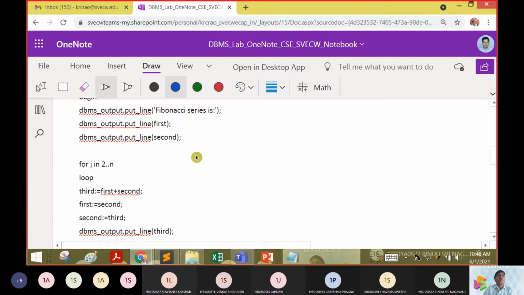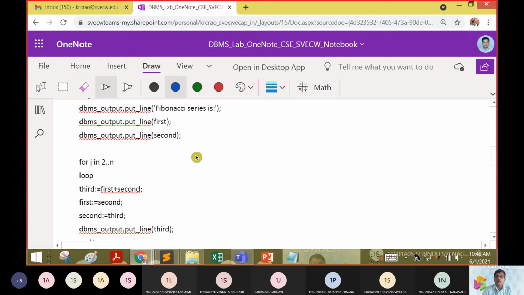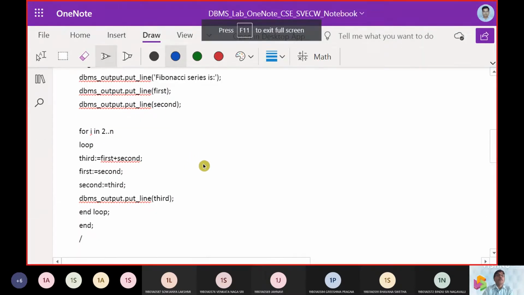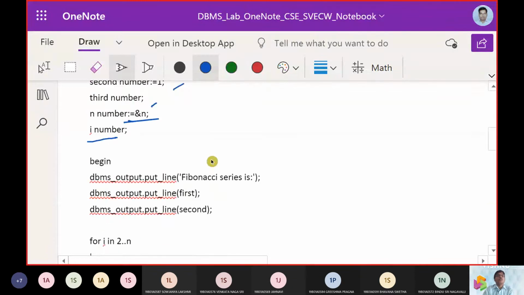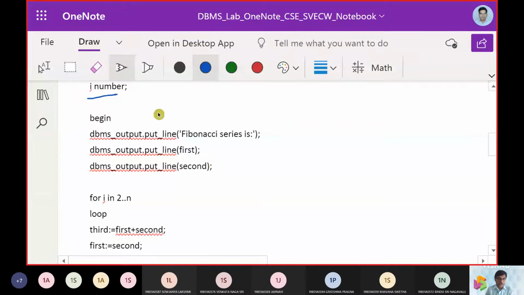Now we are working in the for loop statement. So in this for loop statement, we will work with begin. Then we have DBMS_OUTPUT as the package name, and PUT_LINE as the method name. Then we say it is Fibonacci series with first and second. Now we are demonstrating the for loop. So for i equals 0, i less than n, i plus plus, open braces and close braces.